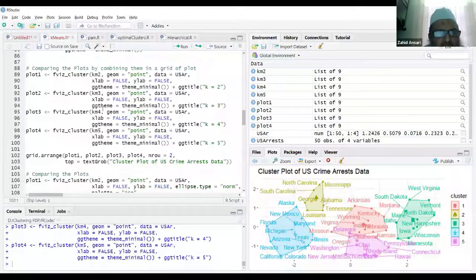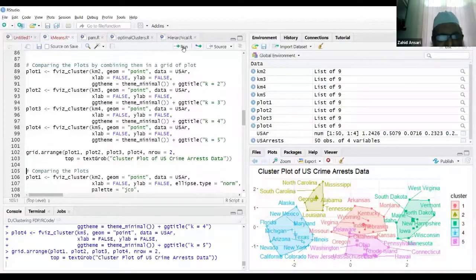Now I am calling the grid.arrange method and specifying that it arrange plot 1, plot 2, plot 3 and plot 4 in 2 rows, and give the title at the top, cluster plot of US crimes data. So let me execute this command grid.arrange.